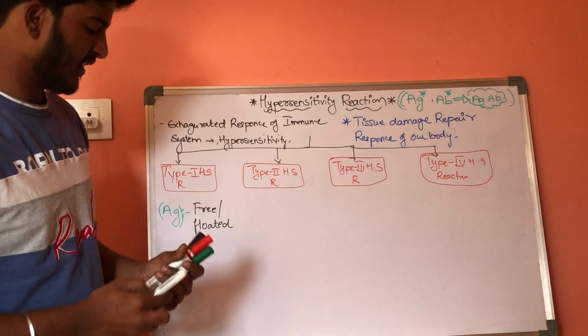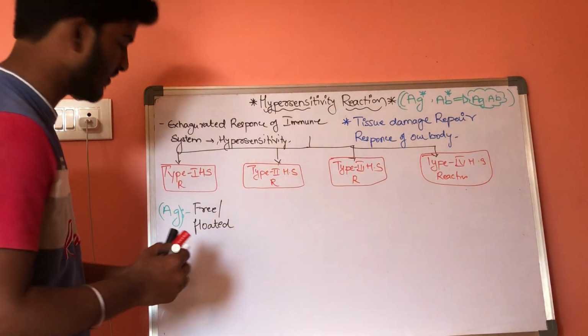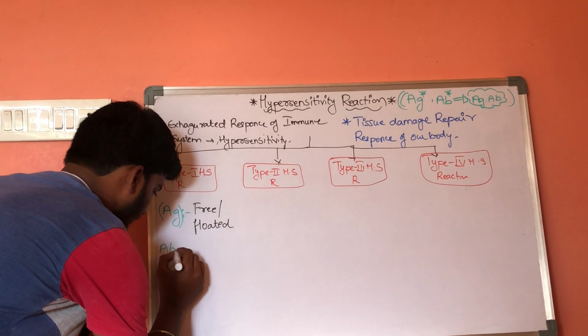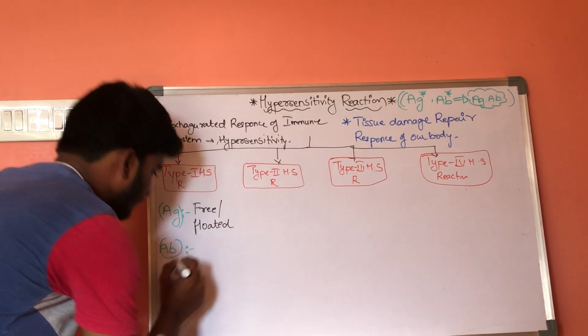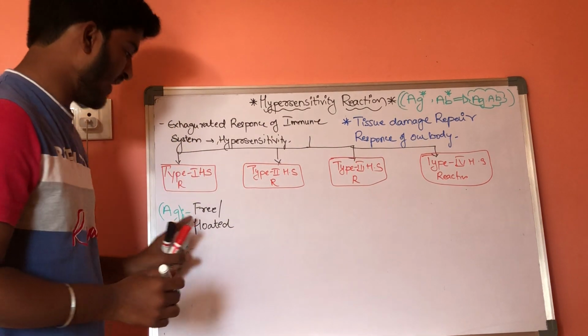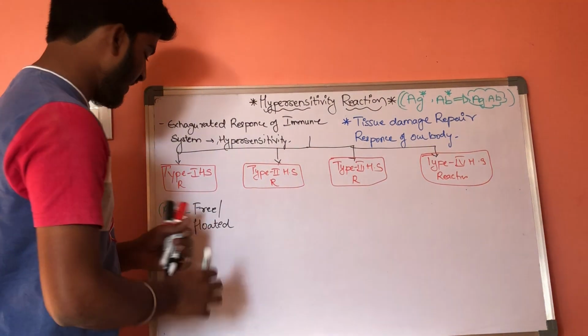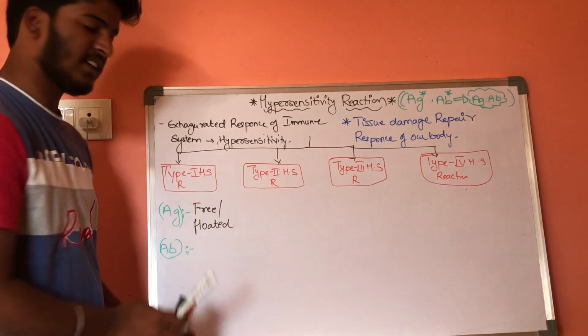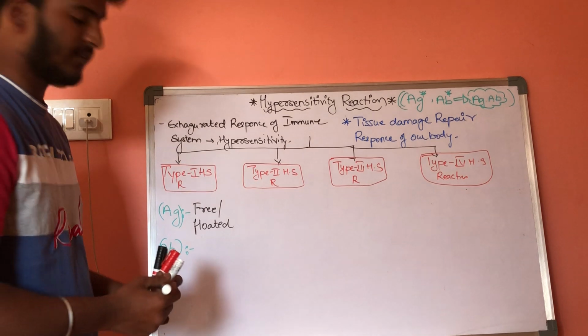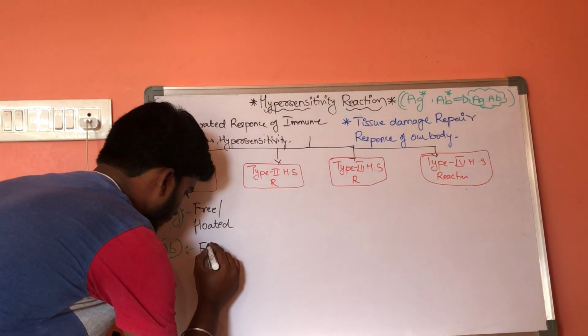That is about the antigen. If we discuss antibodies, we said antigens are free and floating, whereas the antibodies in type 1 hypersensitivity reactions are fixed